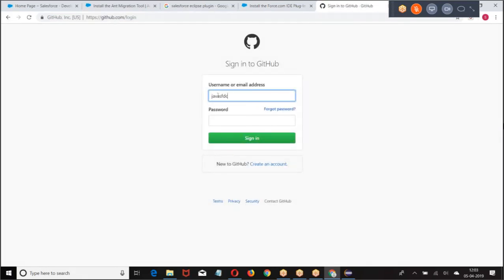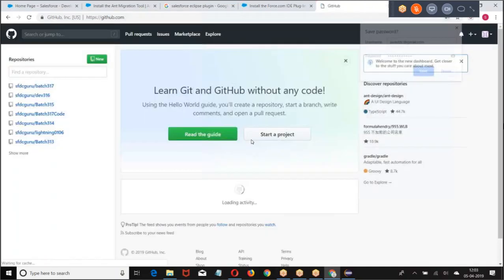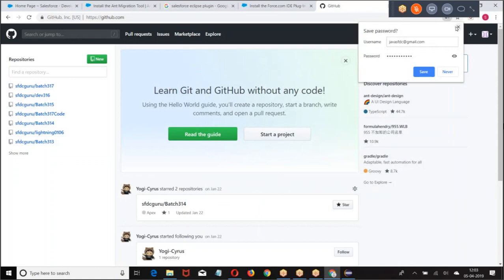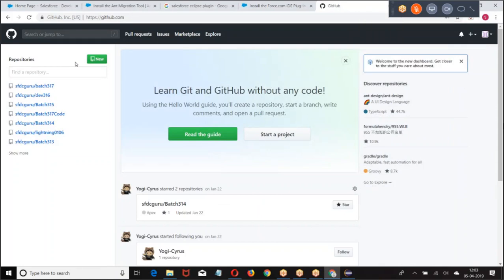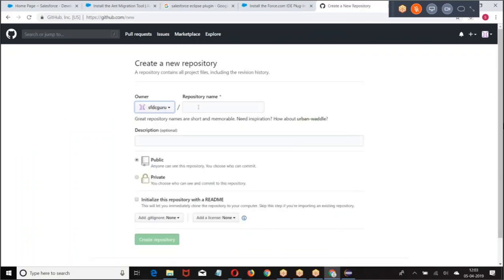GitHub. You can create a trial account. Now, here, what is the option? New repository 318.